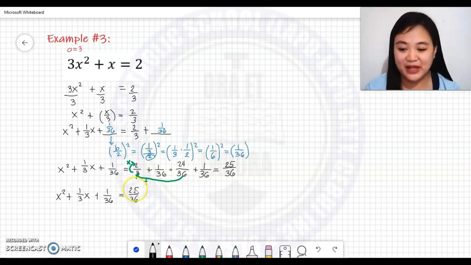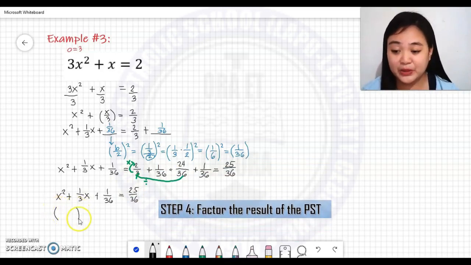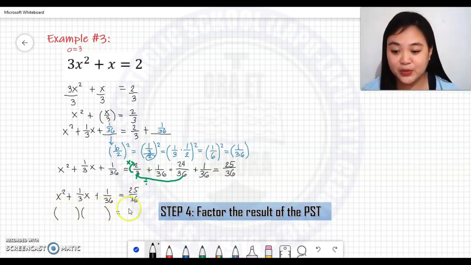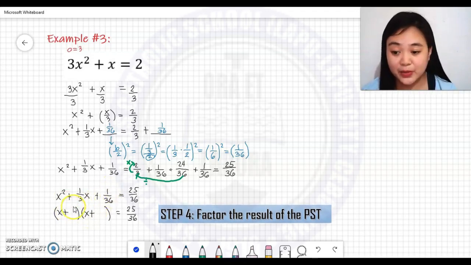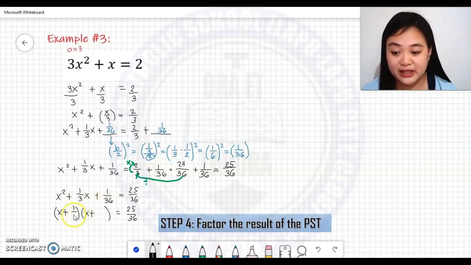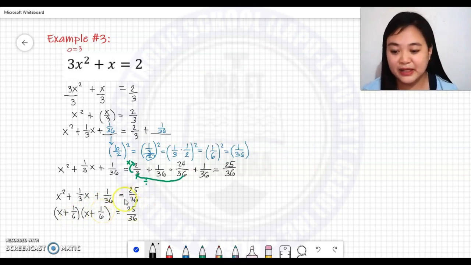Okay, now next, we're going to factor. Factor, prepare 2 sets of parentheses, copy 25 over 36. Okay, x plus, since it's plus, then they have the same sign. Square root of 1 is 1. Square root of 36 is 6. 1 over 6. Okay, next, we will simplify it by having it as x plus 1 over 6 squared